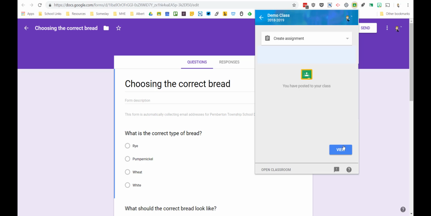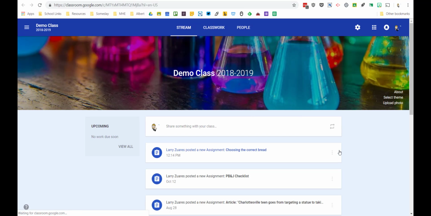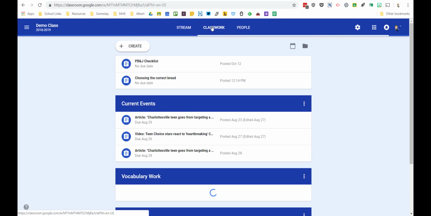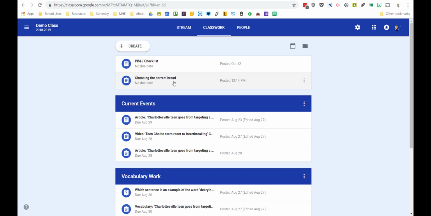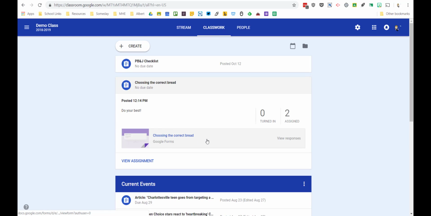And there it goes. It lets me know that it was posted to my class, and if I want to take a look at it, I click the view button, switch over to classwork, and click on the assignment. And there it is. So I've assigned it to 2 students, and when I want to take a look at the responses, I can click there,